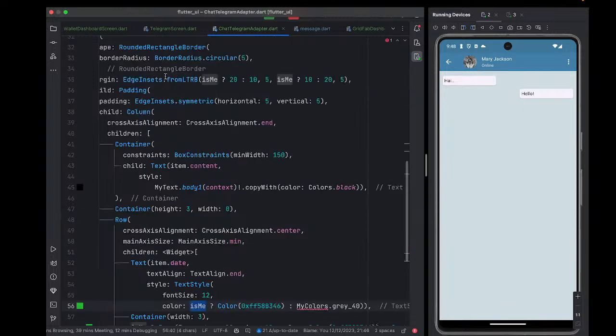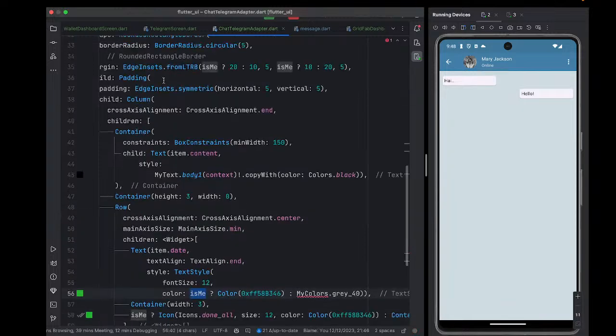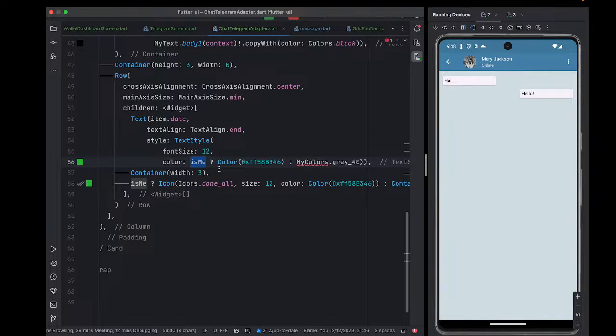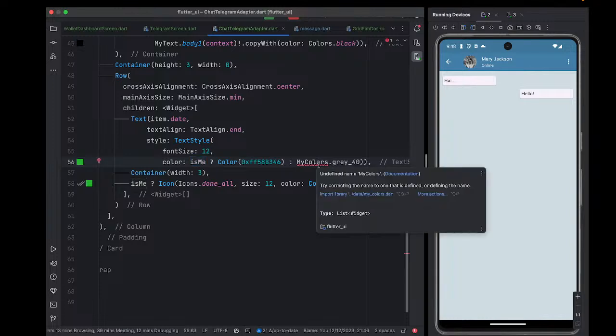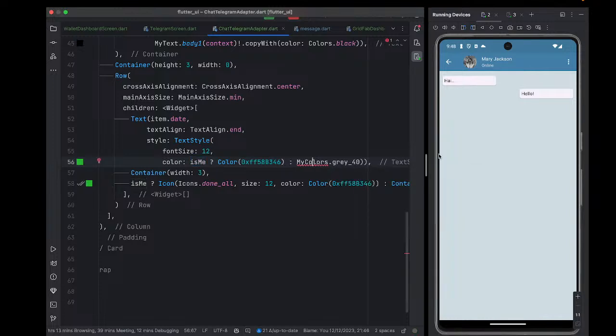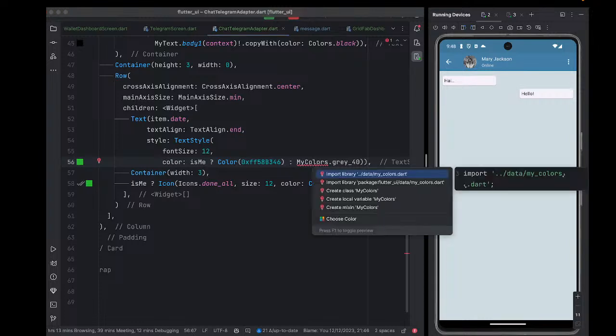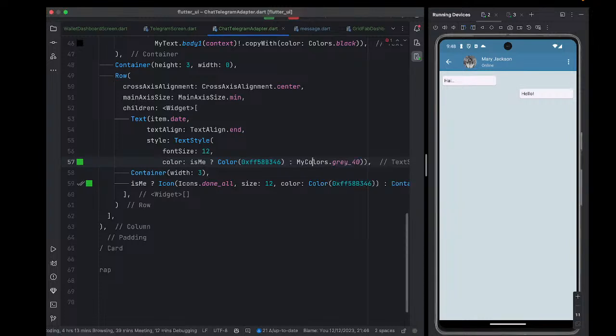Remember, we have here a variable called isMe to check whether it is you who sent that message. If it is me, you should have this color. Otherwise, it should have a gray of 400. So if it is me, you should have that green color, and then we're going to have the background color if the message is not from you. Then if it is the other way around,